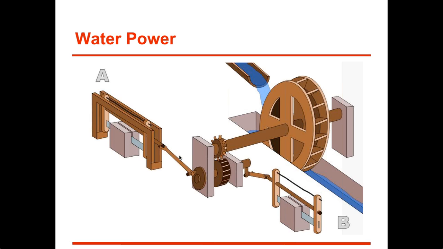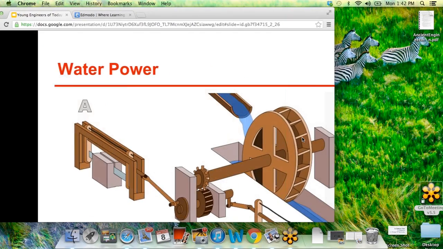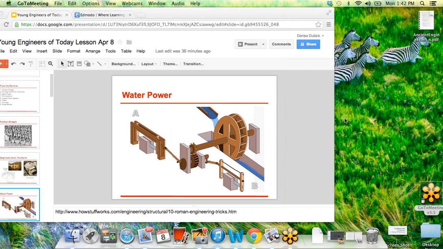And I'm going to take a moment, jump out of here, make sure we don't have any questions. And I'm going to pose a question to you guys because I know you've been listening a lot. Why do you guys think there would be a need? So water power, what it was often used for was to grind grain, to take wheat and grind it into more of a powder so that it could be used to make bread.